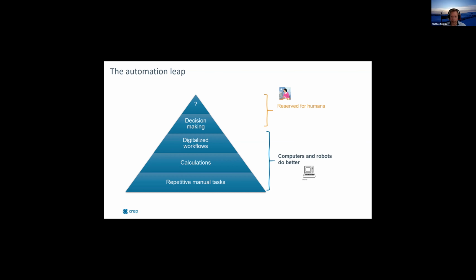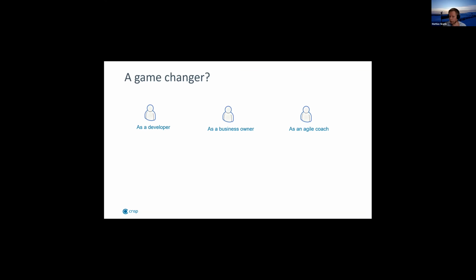So that was pre-AI. And it's very simple to say that already a huge portion of the decision making inside our digitalized workflows can be moved to and done by computers. That doesn't mean that they should or can do everything, but the interesting thing is that the majority they can already do. So how does this affect us?